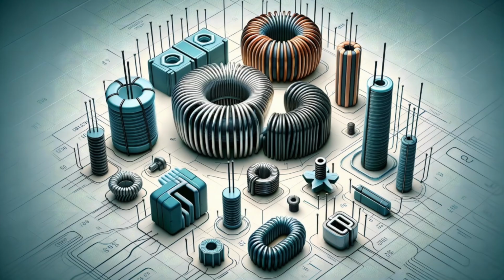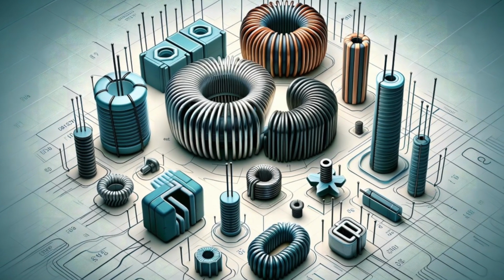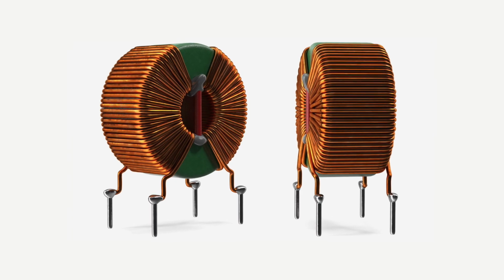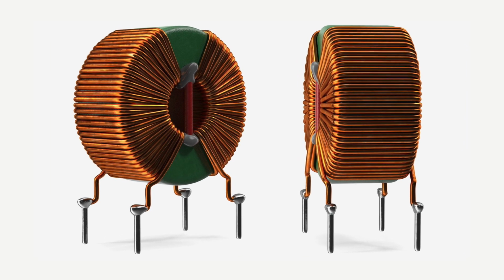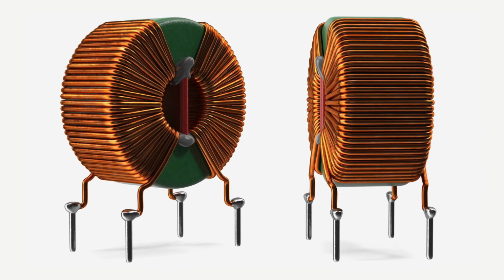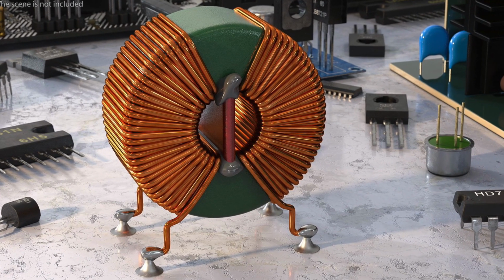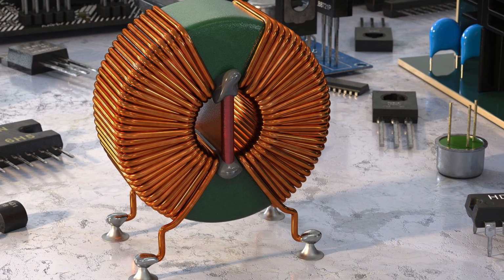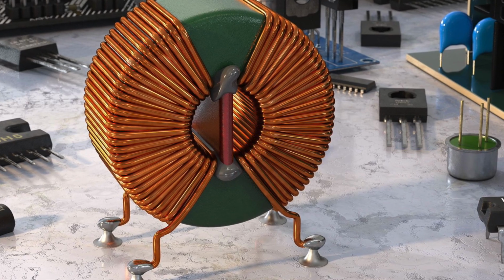Next we are going to discuss choke coils. These are inductors wound on a magnetic core to provide impedance to common mode noise current. They suppress electromagnetic interference by isolating differential mode and common mode currents. It is used in industrial automation systems to improve the reliability and performance of electronic circuits by filtering out noise and ensuring clean power delivery.